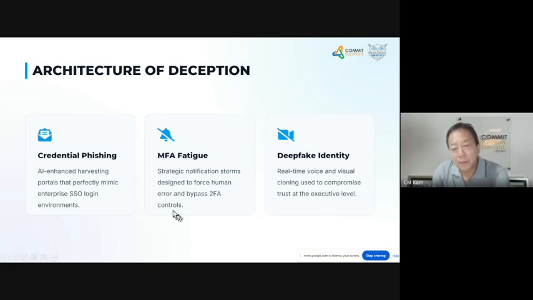Now the bad actors, or the hackers, I call them bad actors, will find odd hours to do this. For example, if you have a system running in an organization that alerts you when it senses something is wrong,